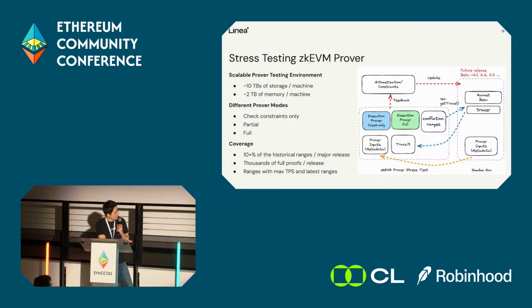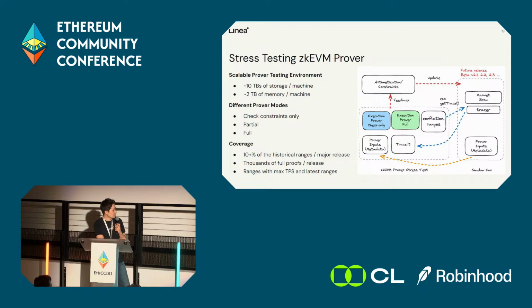Also here in the shadow environment, when we have to test, we sometimes scale out this environment to have 5 or more nodes, and in the prover we also have 5 or 10 more machines. So depending on our release schedule, we can control this.